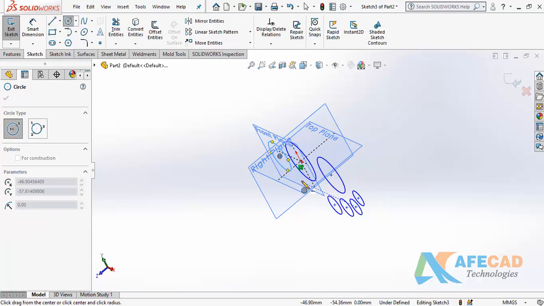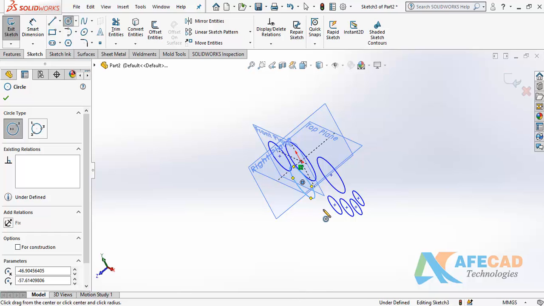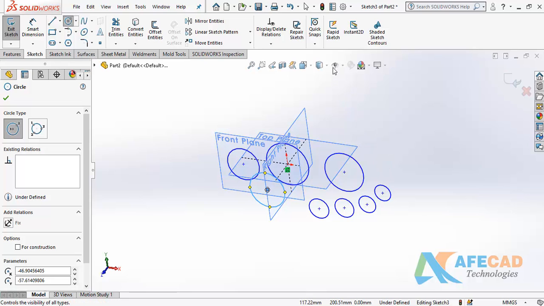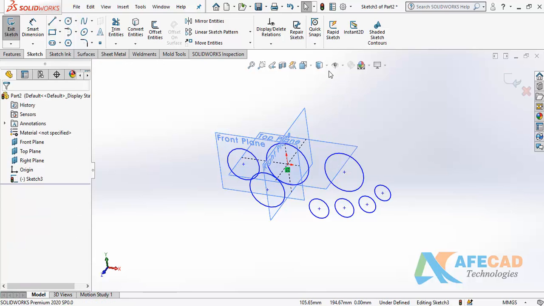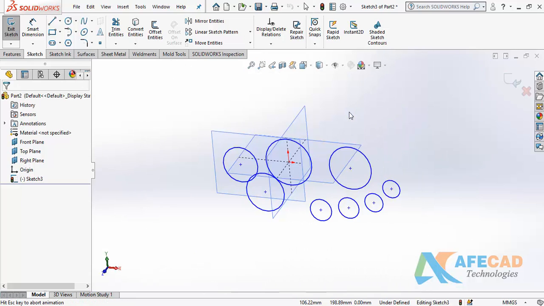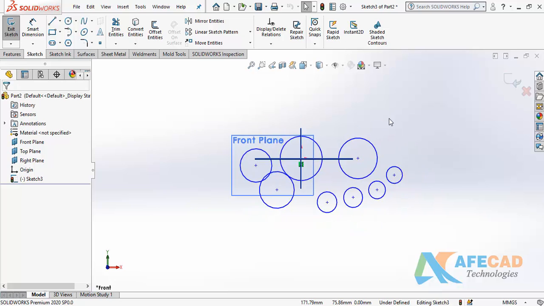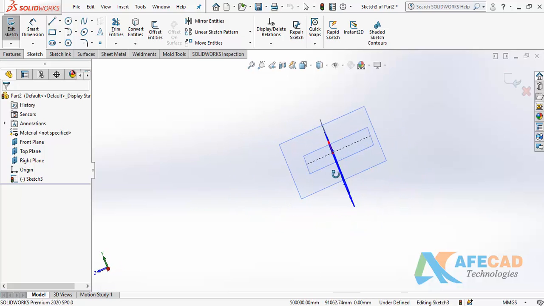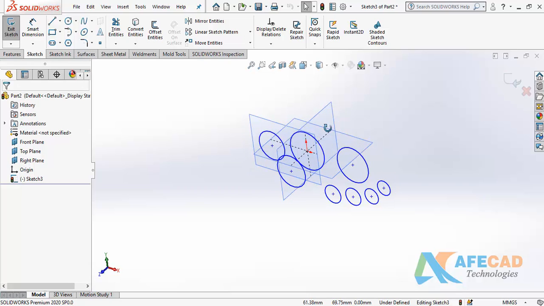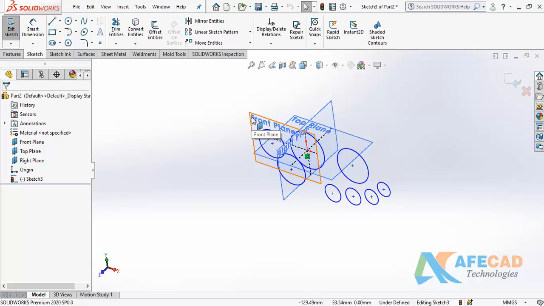Let's take an example here. I am going to create something that looks like an ellipse, but it is a circle. We are going to view it from the side, not directly from the front. In that case, we can go to Normal To, which comes perpendicular to your direction. If you orient your object at any time and you want to come perpendicular to your selected plane or planar surface, I have selected this plane to create the object, and I will always come perpendicular to this plane.